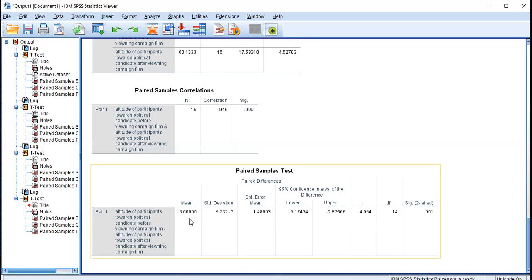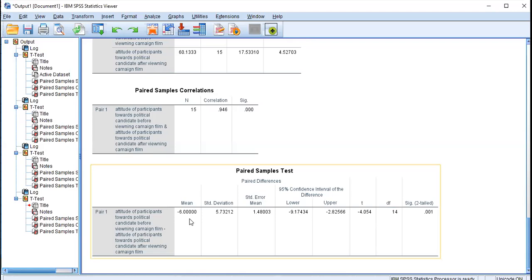H A: mu before film minus mu after film is not equal to 0. So that is A part. Coming to B part, we have to write down the research question. If you look at the research question